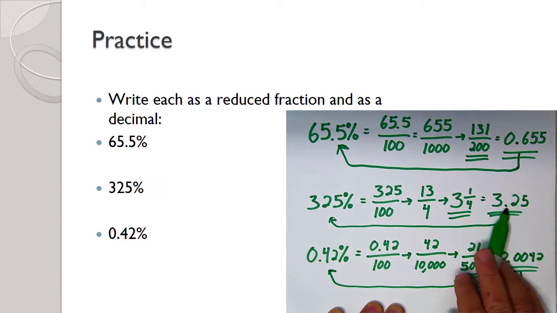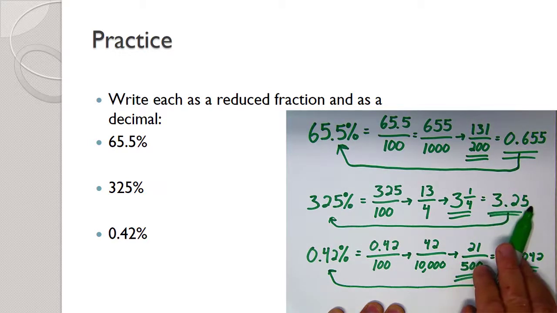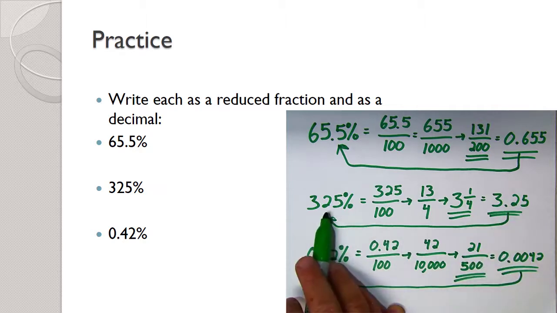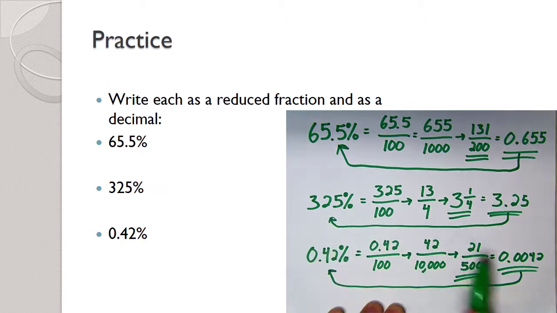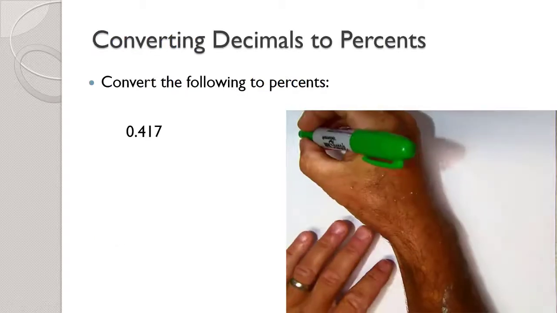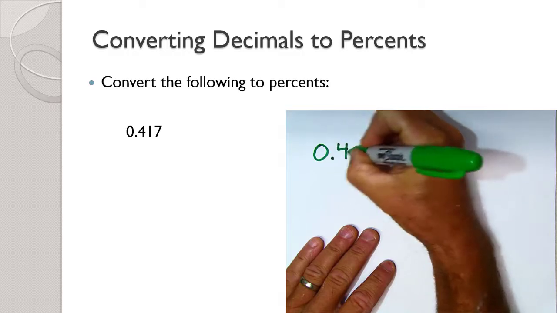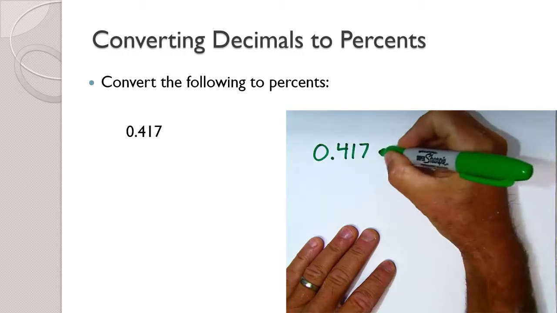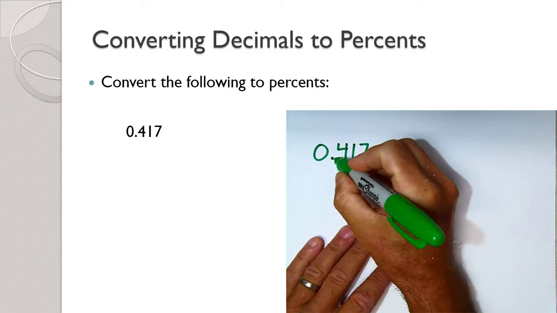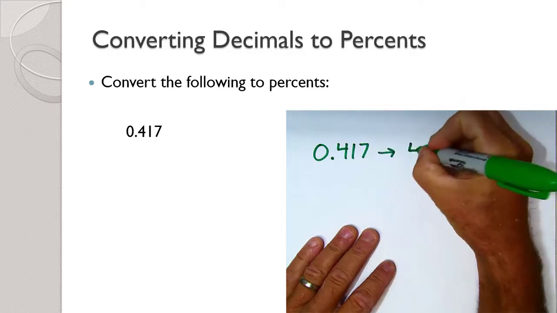So 3.25, if we want that to become a percent, 2 places towards the percent sign becomes 325%. 0.0042, we want that to become a percent. 2 places towards the percent sign becomes 0.42%. So then we can generalize that and say that if we have a decimal like 0.417 and we want that to become a percent, we'll move the decimal towards the percent sign and that becomes